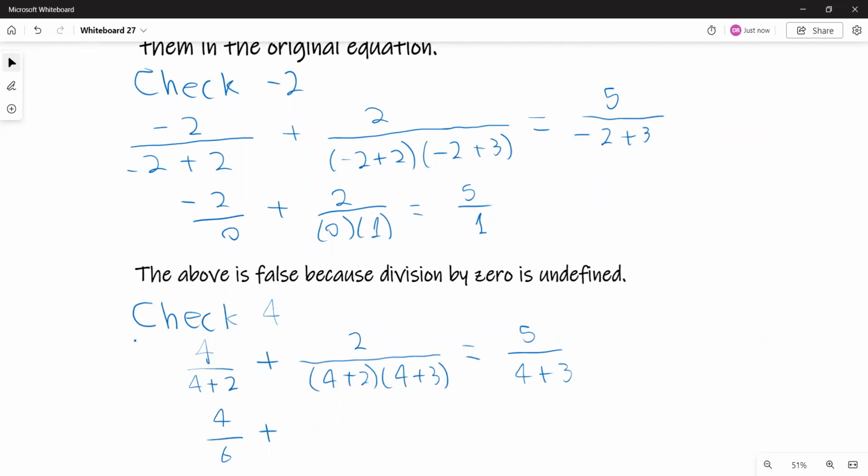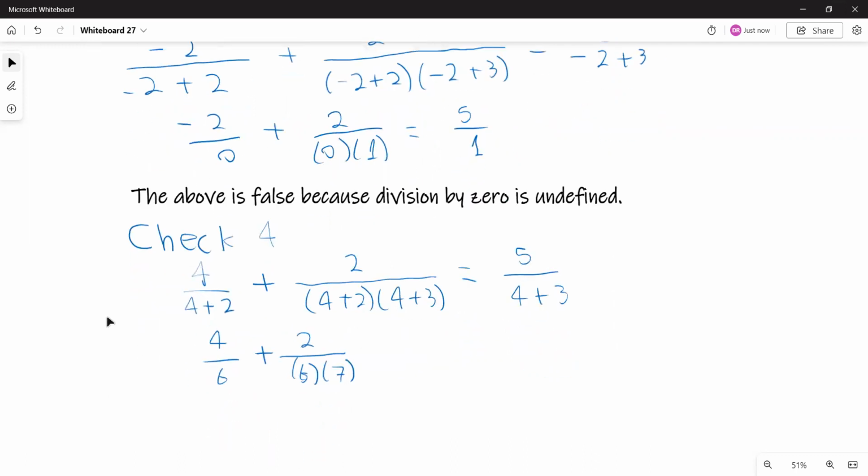that's going to be 4. That's going to be 2 over 6 times 7, equals 5 over 4 plus 3, or 5 over 7. So that's 2 over 3. And then we can reduce 2 over 6 as 1/3. So this is 1 over 21